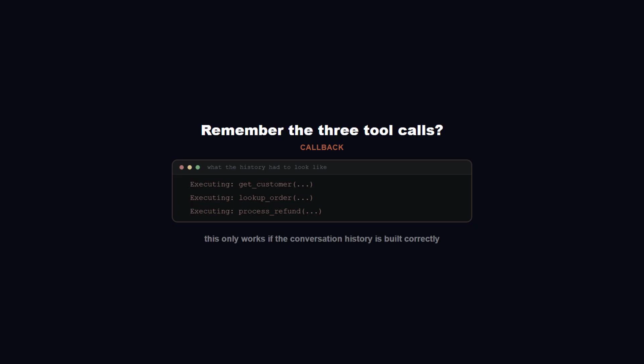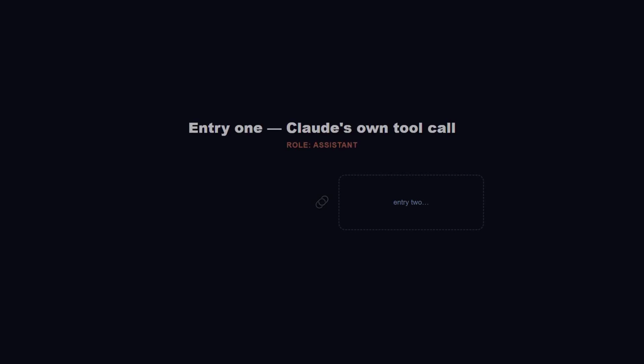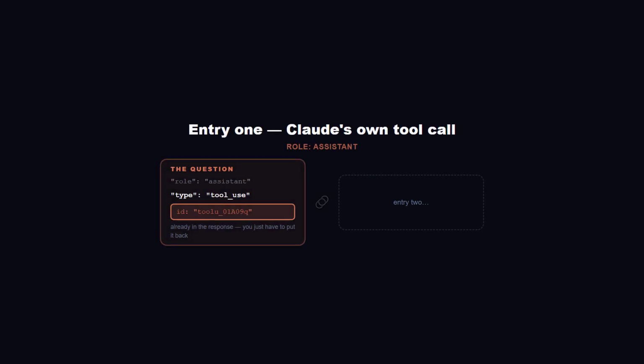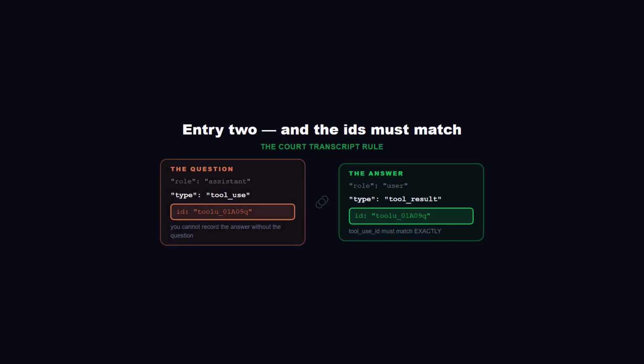When Claude requests a tool, you append 2 entries, not 1. Entry 1, Claude's own message, containing the tool use block with its ID. That's already in the response. You just have to put it back in. Entry 2, a user role message containing a tool result block whose tool use ID exactly matches the ID from